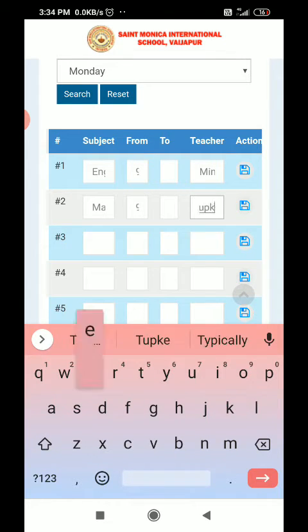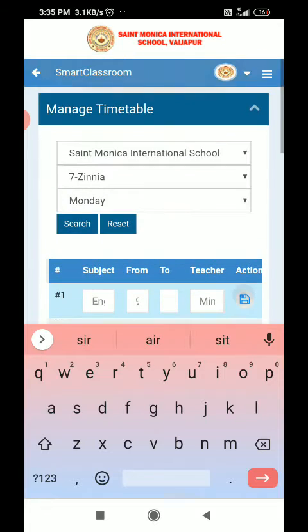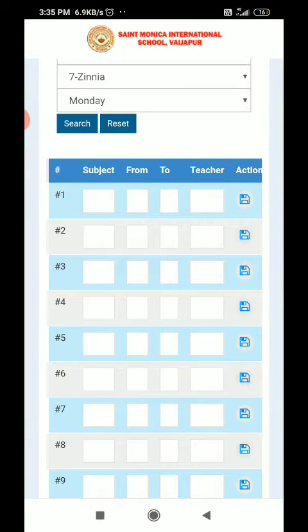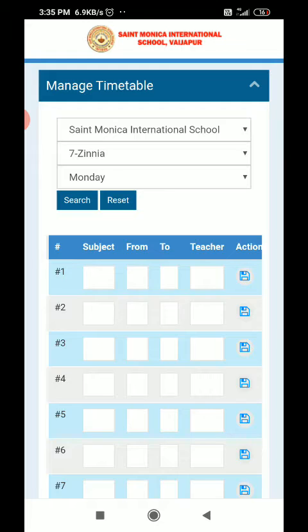Tupke sir teaches maths to the 7th standard students, so I am giving his name over here. In this way you can set the timetable. After setting it, it will be saved automatically. It's done now, just click on action and it has been saved.